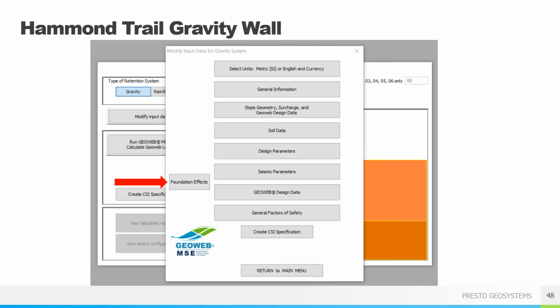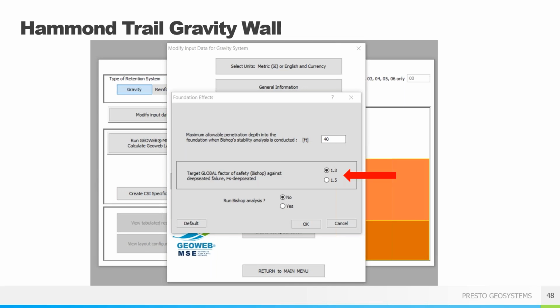So going to hop over to the left side of the menu now and look at the foundation effects. This is where you can ask the analysis to account for deep-seated failures. This is really helpful if you know your foundation soils are weak, if you have significant water movement through the soil, or heavy surcharge loadings. The program does use Bishop's analysis to add this for deep-seated failures.